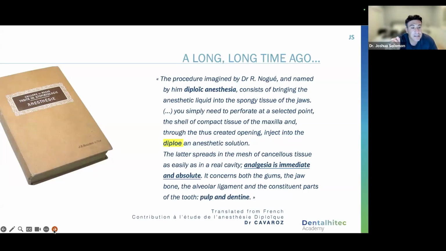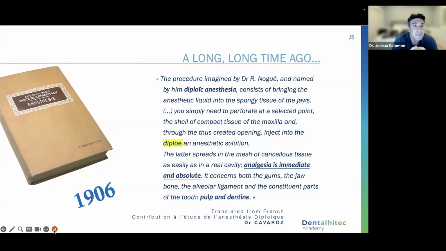anesthesia was in the literature, and this is in the 1900s, like 1905, I believe. And what this doctor, 1906, there we go. So what this doctor is describing is that once you get through the outer soft tissue, once you get through the cortical plate, if you deliver a certain quantity, certain bolus of local anesthetic into that cancellous bone,